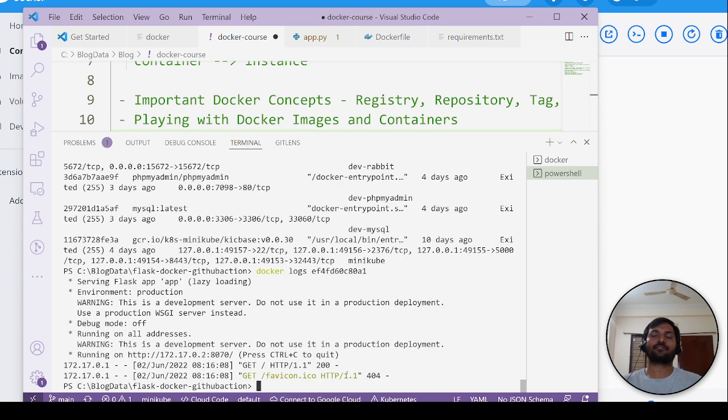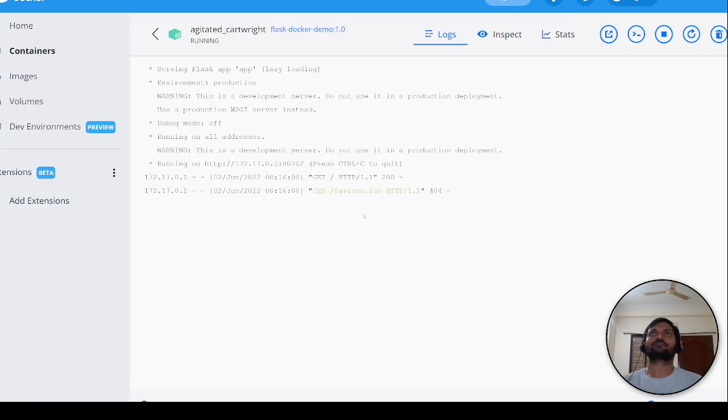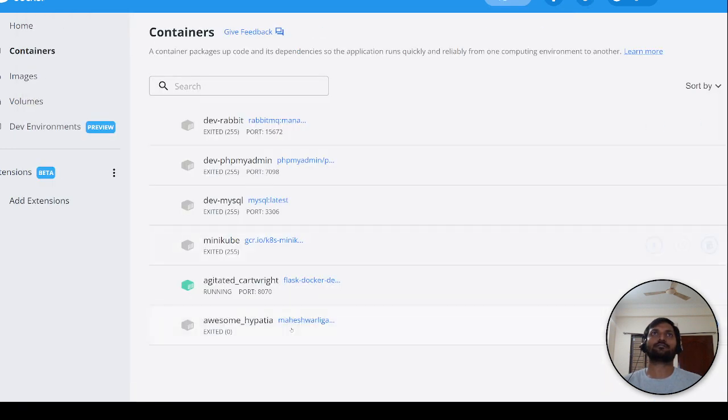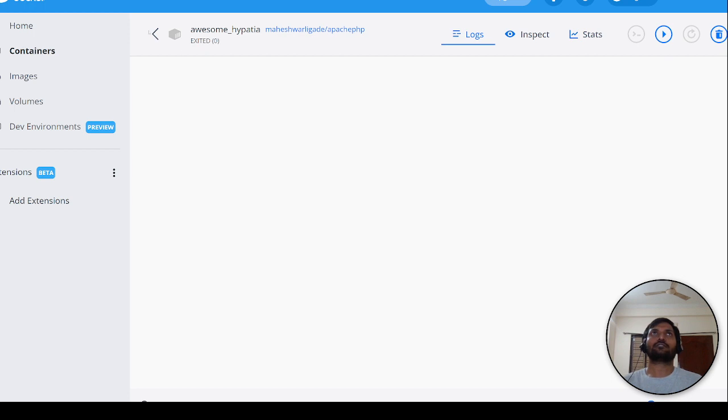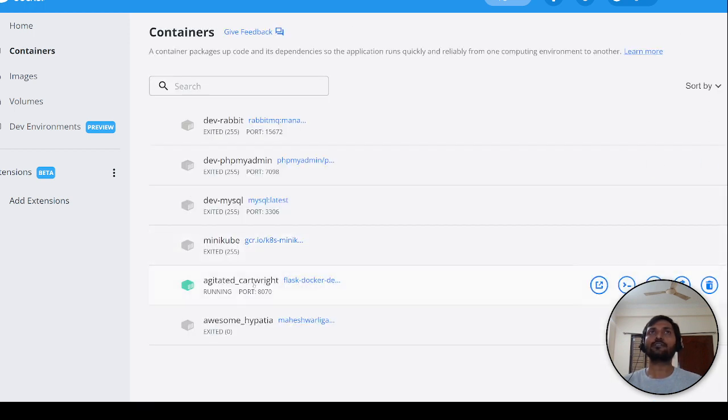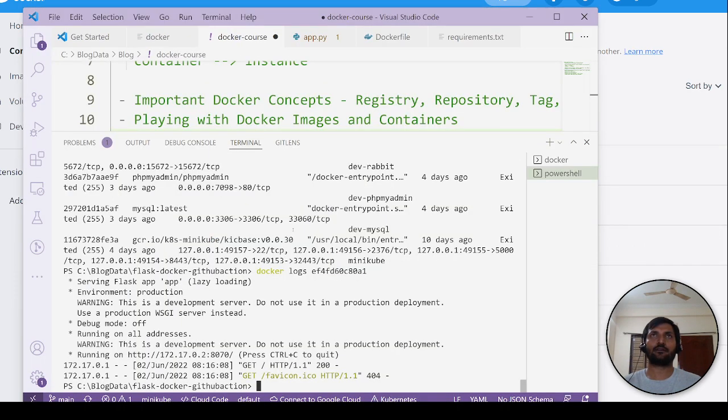You can use different commands as well to check the log. Let's first check the logs. If you look here, the container name is different: awesome hypatia, agitated cartwright. But above, there is a meaningful name, right? Dev Rabbit, Dev PHPMyAdmin, Dev MySQL. So how can we provide that? If you look at the command which we have executed,